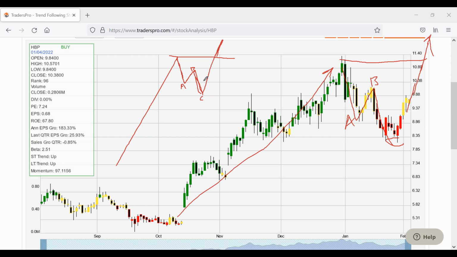If that is a possible ABC pattern, then I'm expecting it to break out and go higher. How do I manage that? Well, maybe getting in with a little bit of confirmation, when it looks like it's going up. Maybe put your stop below what you think is the end of wave C down here. If it doesn't go higher, and there's plenty of these, you've seen it if you've been with me for a while, potential ABC pattern, and then it rolls over and drops, it stops you out. That's why trade management and money management is just as important as finding stocks to trade. You find the patterns, but then you've got to manage the trades because they're not always going to work out. They're not always going to do what you're expecting.